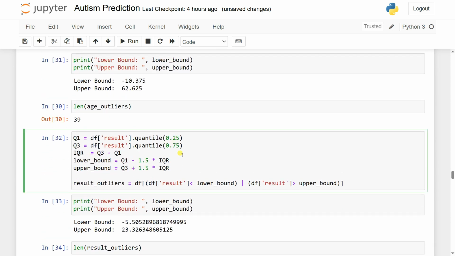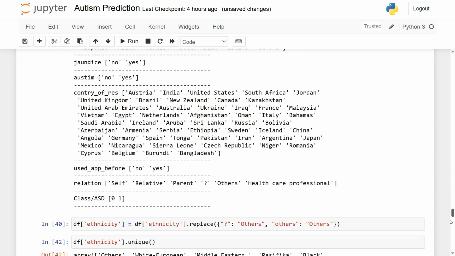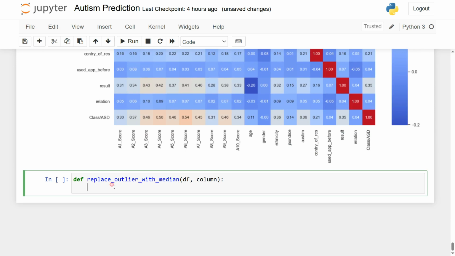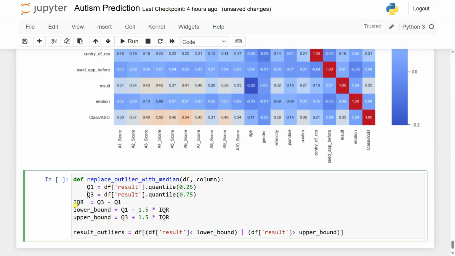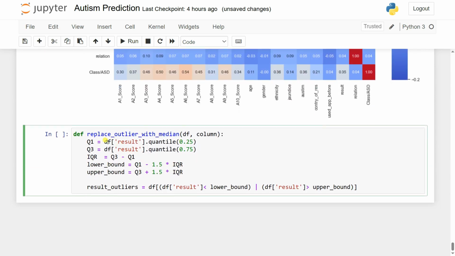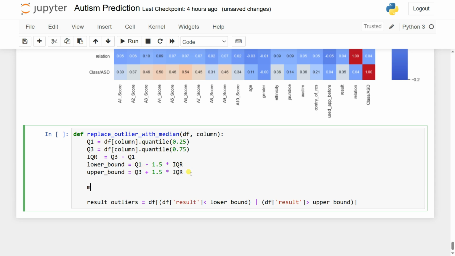So I can use the same formula and simply pass it here, just doing some indentation, and then inside this result we are going to give it the column which is coming, and same thing for here, column. We have the lower bound, we have the upper bound. Now we can take the median of that. So I'm going to create a variable called median, and you can take it from the column, and then you can simply use this median,